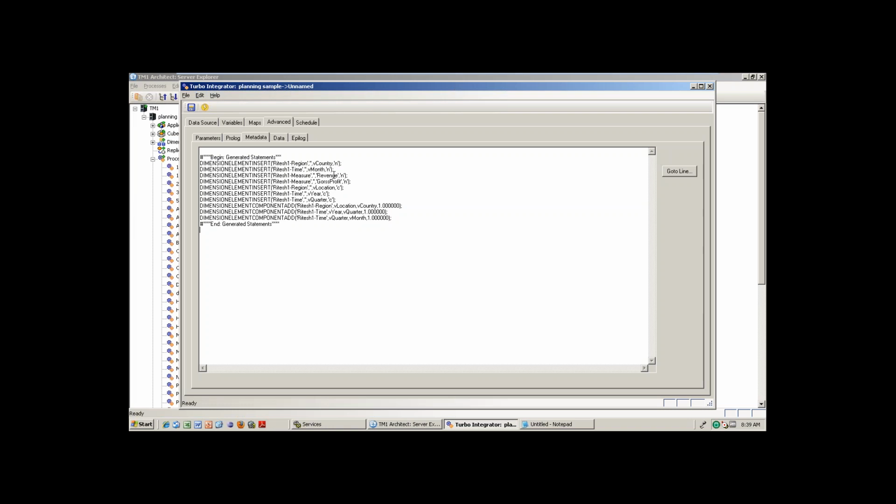If you are observing, see that one, what is that? In region, country is the child, month is the child, revenue and measures are children. But year is a consolidation C, quarter is the consolidation C, but for location, country is the child, for year, quarter is the child, for quarter, month is the child. Whatever you mentioned there in the mapping you selected, that is converted into the scripting, its own understandable format. TM1 has to understand, right, when you are building. So that is the metadata.